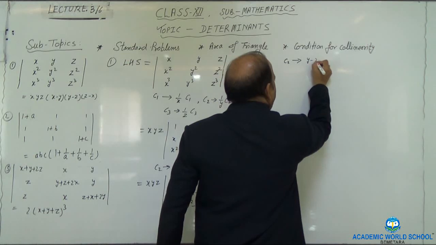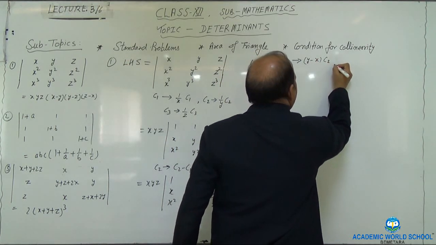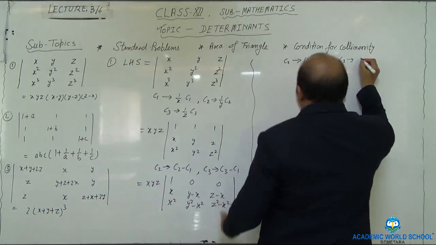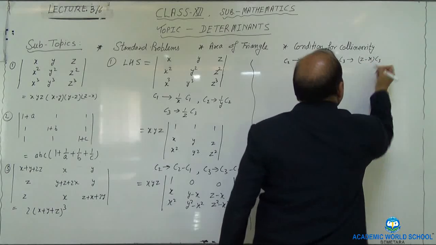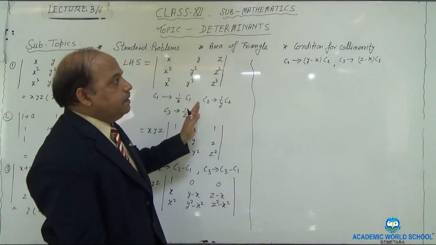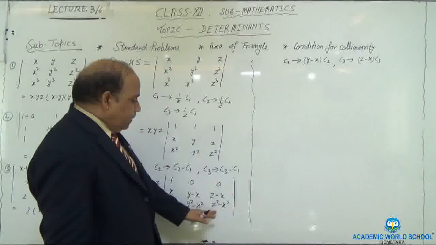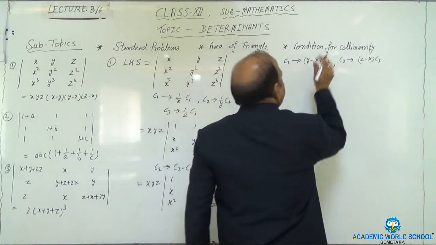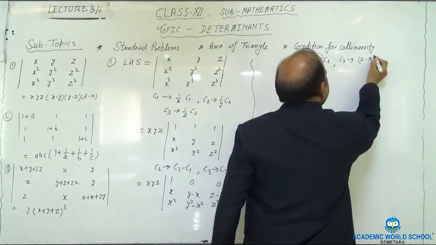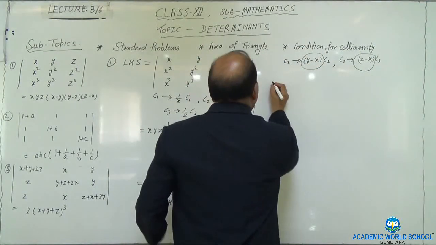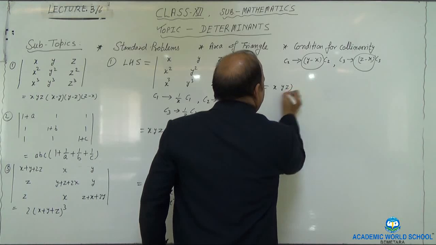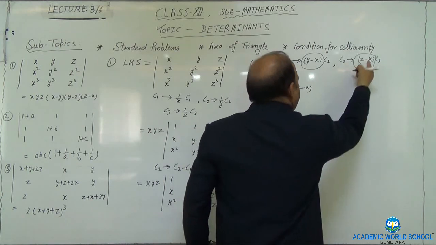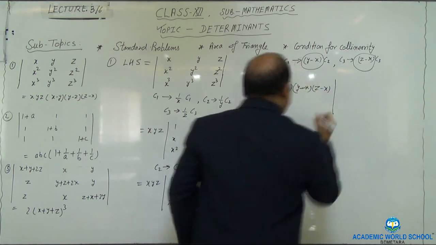What is that change? I am taking y minus x common from C2, and from C3 we are taking z minus x common. From there we are taking this z minus x common. So if I take this common from that side, what will happen? This part we are taking common, this part we are taking common from here. So you are left with x, y, z, with y minus x and then z minus x taken common. What is left inside? Look at this.